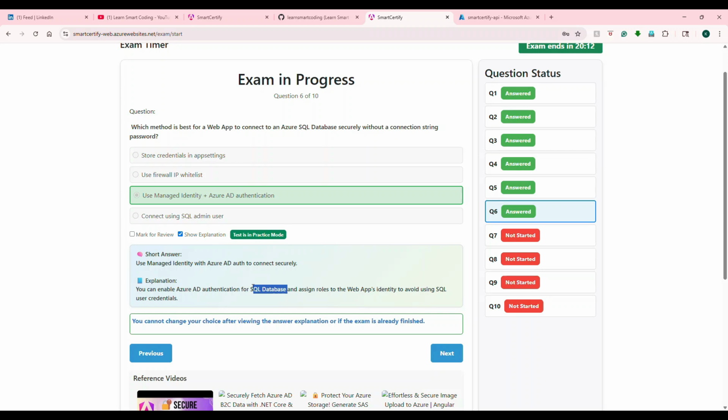We go to SQL Server and database and we do this, and then we assign this role for this particular